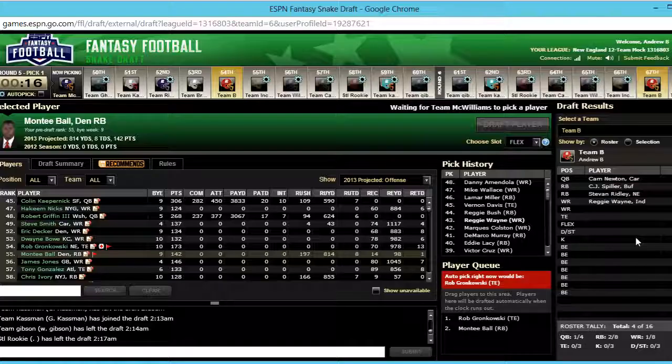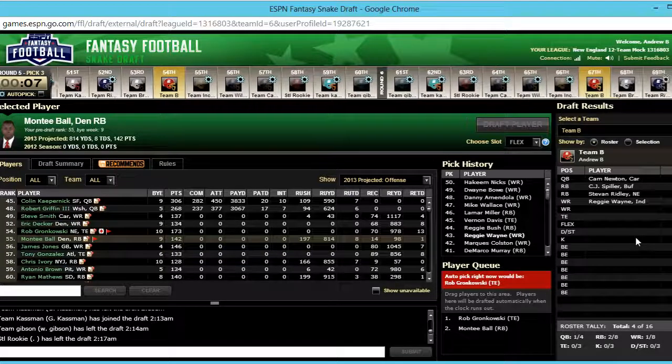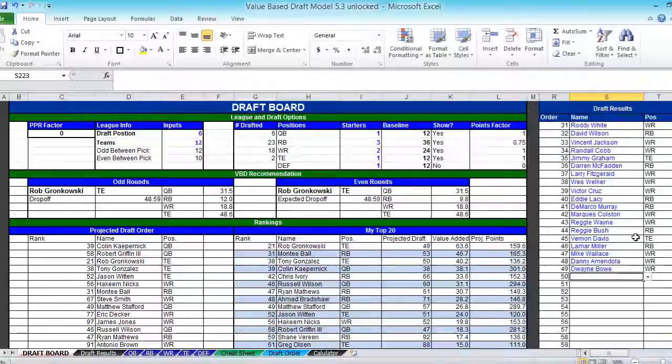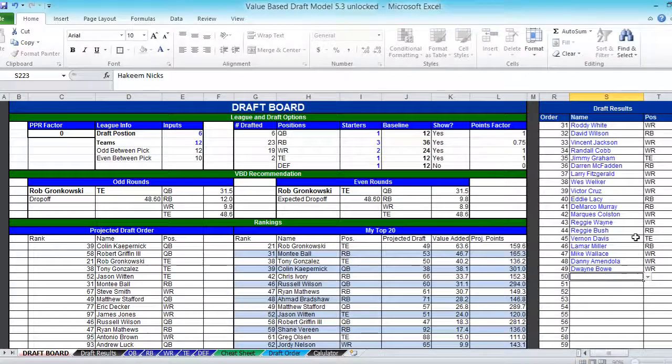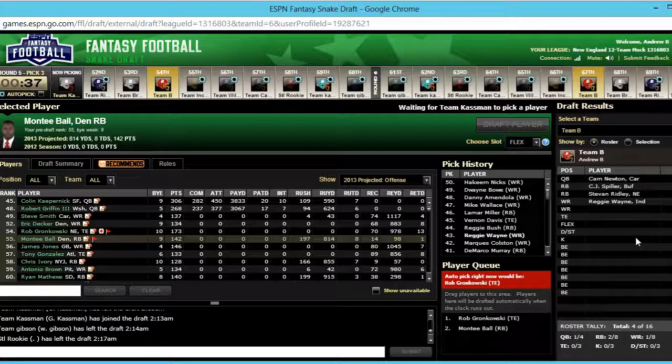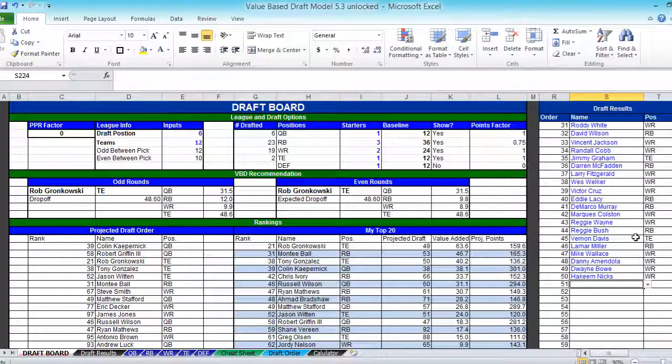it goes to show you how valuable this tool can be. Because I didn't have my rankings up to date, I missed out on essentially a point per game, which in VBD is pretty significant. Granted, it's not guaranteed, but particularly with Gronk, I'm really excited to get him because later in the year, that is going to be way more than a point per game. It's a point per game now